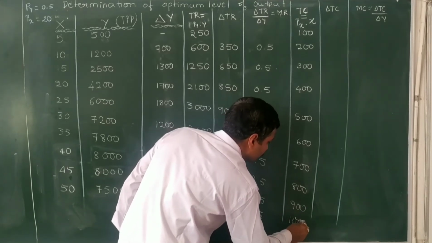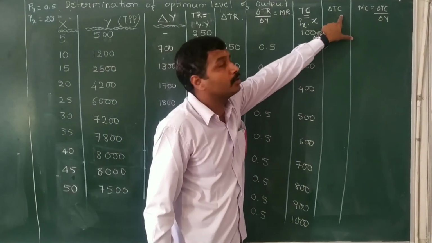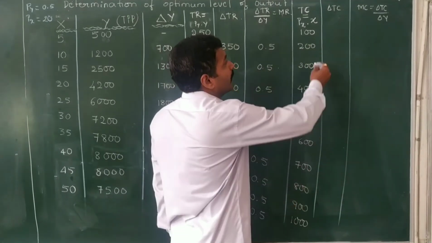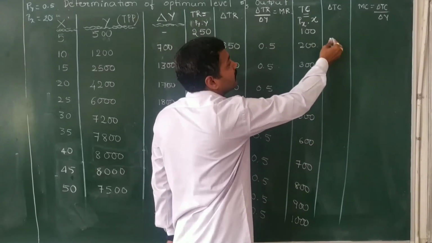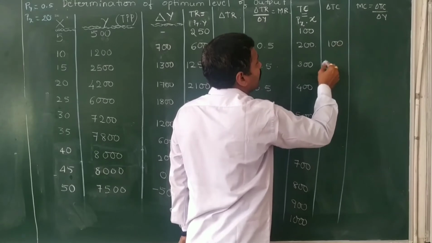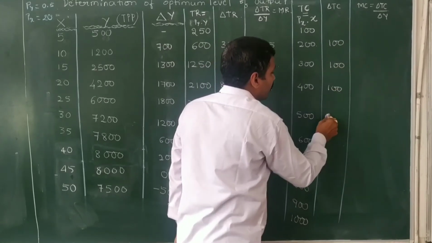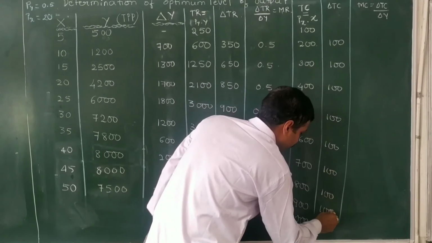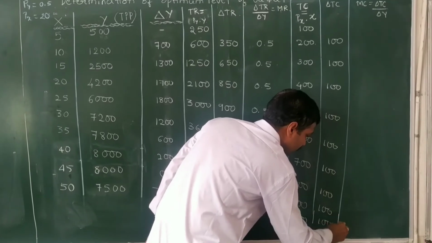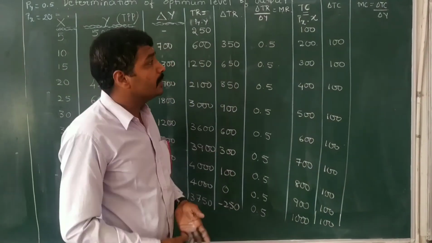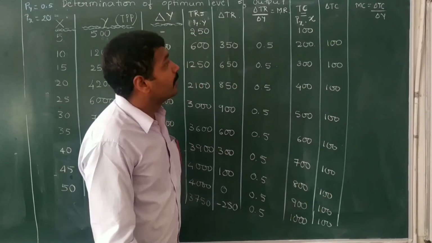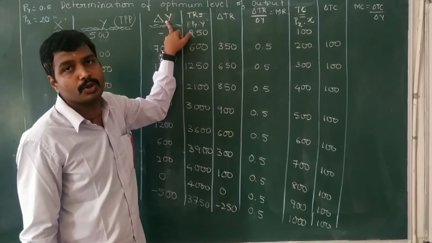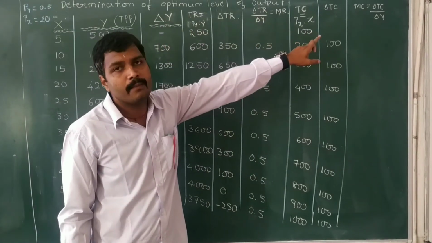Okay, now you need to take the incremental total cost. It is the difference of successive units of input applied. So 200 minus 100 is 100, and the same for the rest, 100 each time. Is it clear? Once you get the change in total cost, now you need to take the ratio of change in total cost and the change in total output, which is going to give you marginal cost.